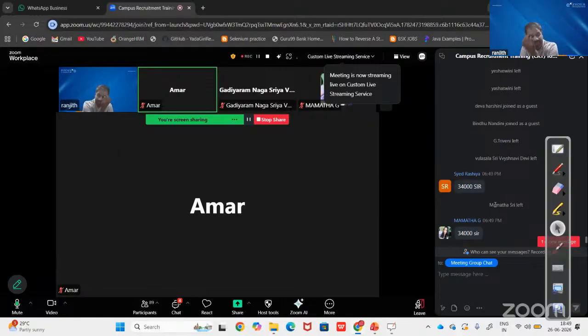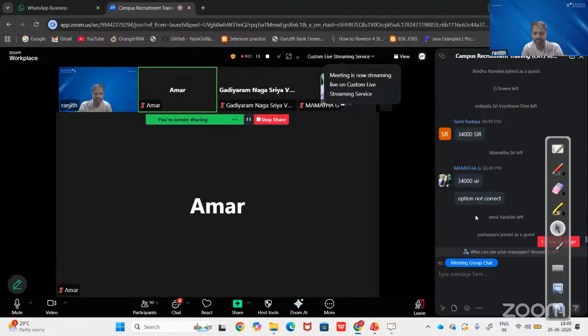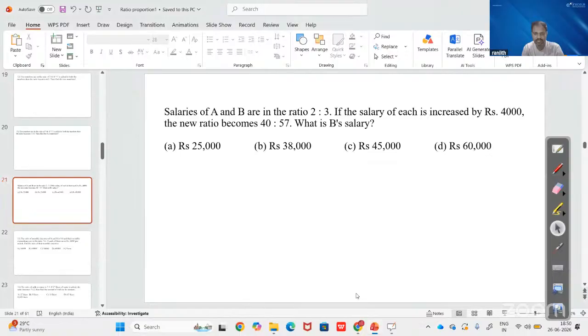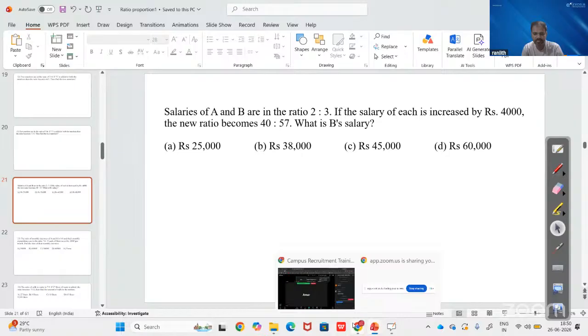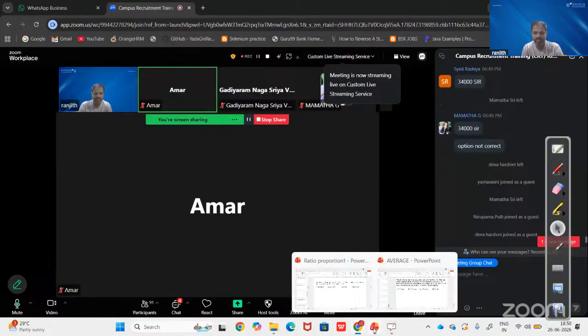34. 38 కదా. సో ఇంక్రీజ్ చేశారు కాబట్టి అమౌంట్ కూడా ఇంక్రీజ్ అయింది కదా, 4000 ఇంక్రీజ్ అయింది కాబట్టి 34 + 4 ఏమవుతుంది, 38 అవుతుంది. ఆప్షన్ నాట్ కరెక్ట్. సో ఈచ్ salary is increased by 4000. సో చూడండి,